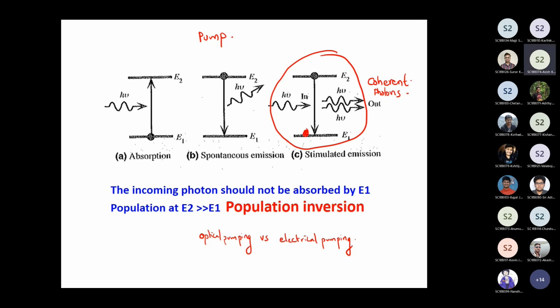Sir, in that laser, how do we construct a fully reflective mirror in a practical situation? You can take a mirror and polish it, and then you can make the reflectivity 100%. Yes, sir. But even in the case of TIR, we do not get 100% reflectivity. TIR is not a perfect mirror. Okay, sir.